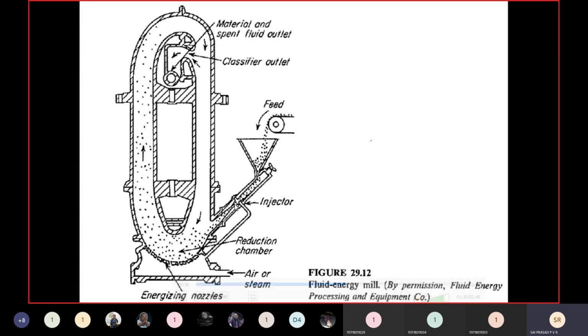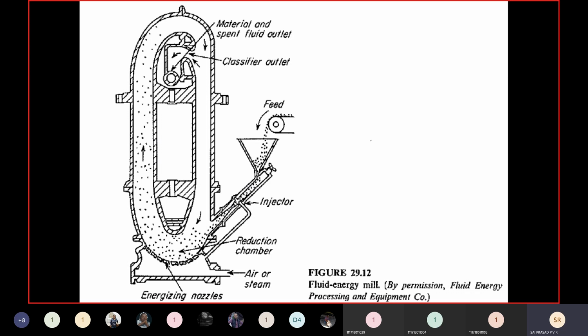So now as it is introduced, what will happen? Here the particle is present, and it is slowly coming. But by the time it comes, it will come in contact with a fluid having high velocity. Hence it will gain more momentum and thus starts moving with a high velocity. And as they move, these particles will be moving in a zigzag direction. The size reduction will take place because of the pushing of each and every particle. Attrition between the particles is the most important concept here for the size reduction to take place.